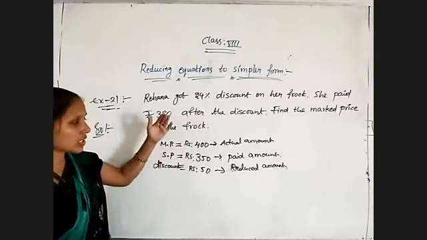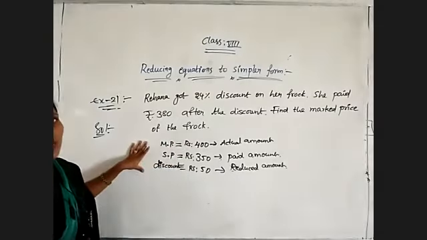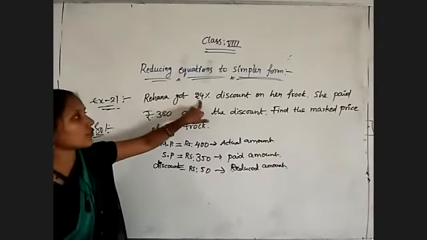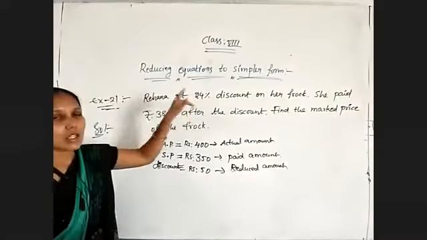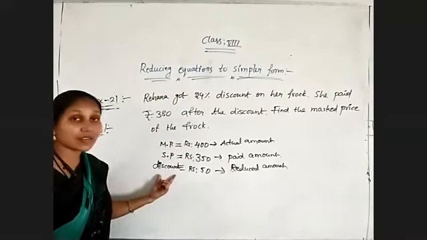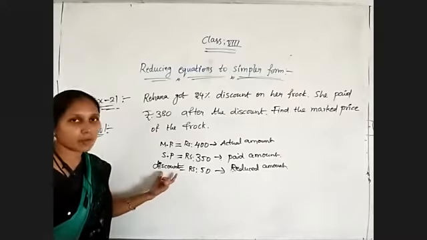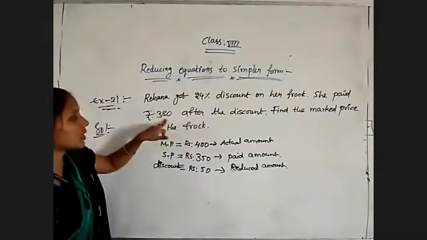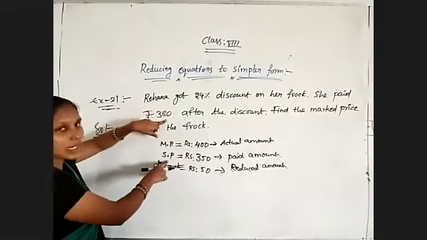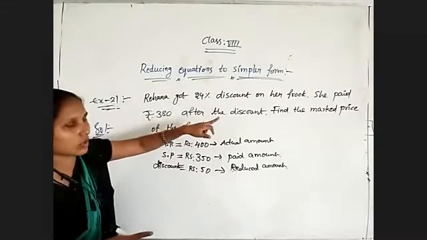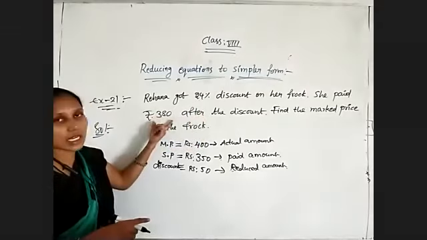So in this question, observe, my question is like this now. What are given? Observe first of all. Rehana got 24% discount. 24% is given, that means discount percentage is given. They didn't give the discount in rupees, the discount percentage is given. So after that I'll explain. She paid 380 rupees. The paid amount is what? Selling price. SP is equal to 380 rupees. After the discount she paid 380 rupees.